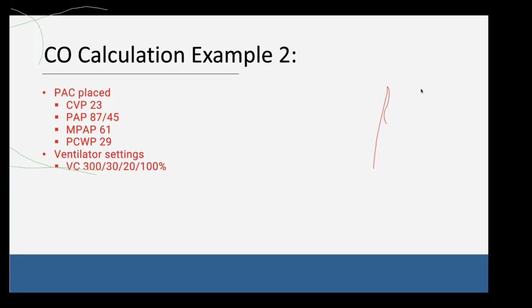Her PA pressures are near systemic, right? Even if we're saying her mean PA pressure is 61, and we're barely maintaining MAPs of 65, 70 even, her PA pressures and her systemic pressures are almost the same. And her wedge pressure is also 29. So she has very significantly elevated both left and right-sided pressures, suggesting that she's in very significant cardiogenic shock.